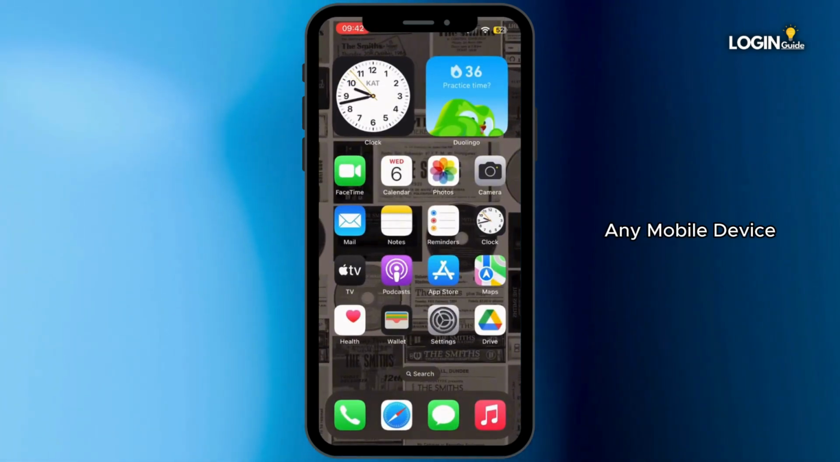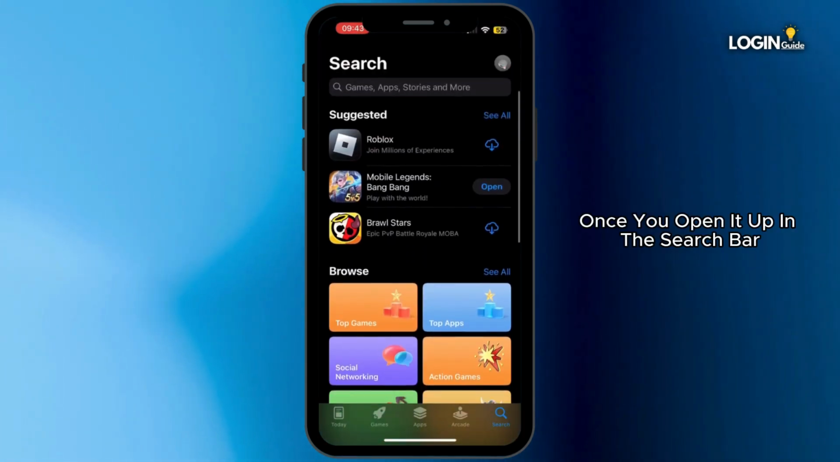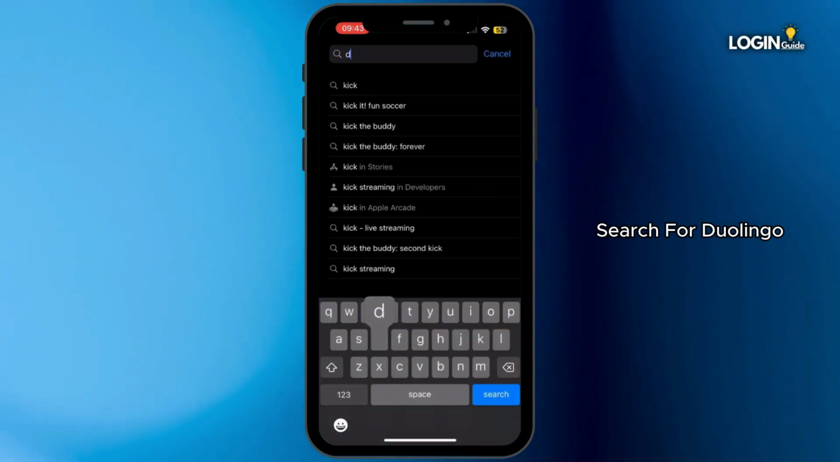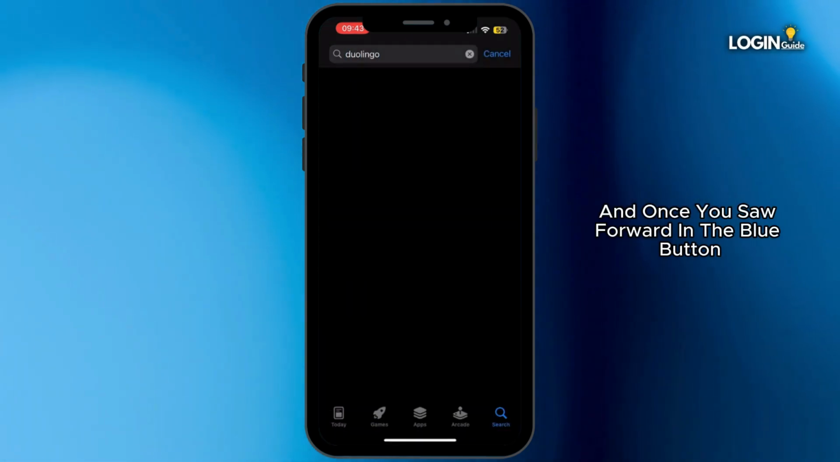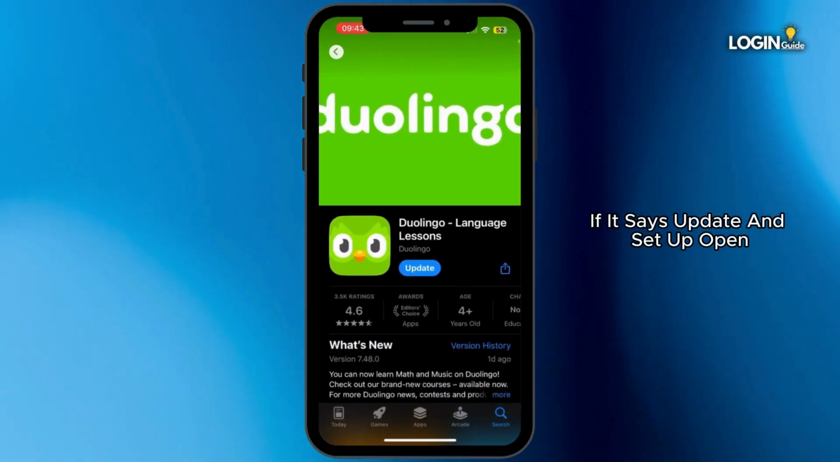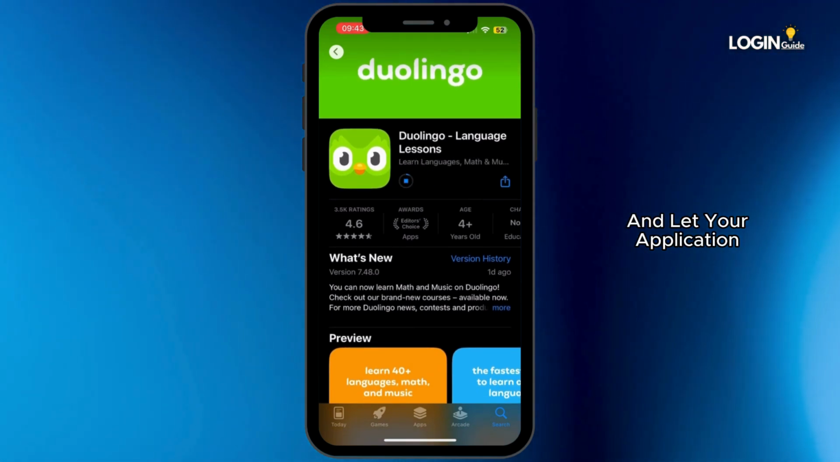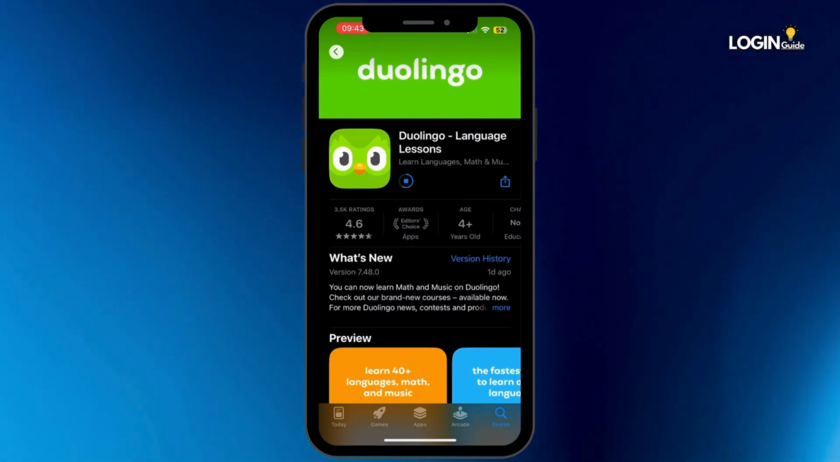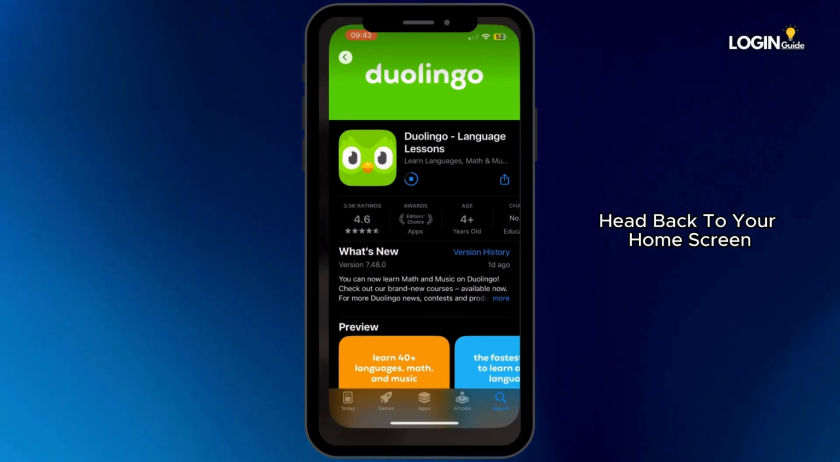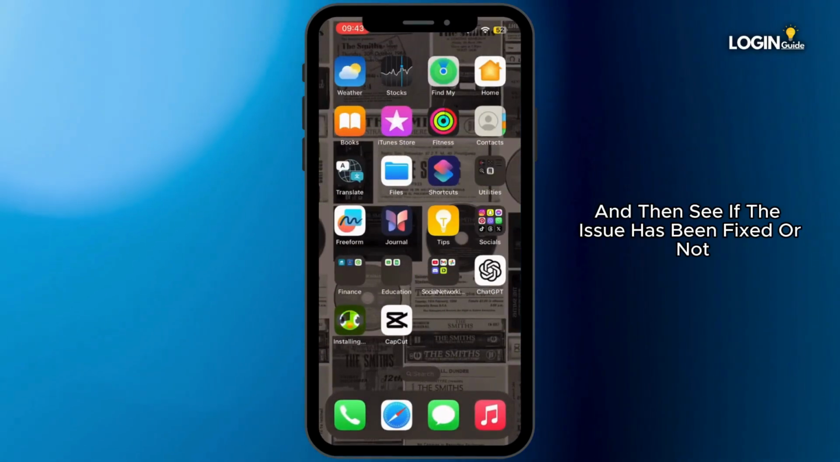your App Store in your mobile device. Once you open it up, in the search bar, search for Duolingo. And once you search for it, in the blue button, if it says Update instead of Open, simply tap on Update and let your application update to its latest version. Now once it is updated, head back to your home screen and then see if the issue has been fixed